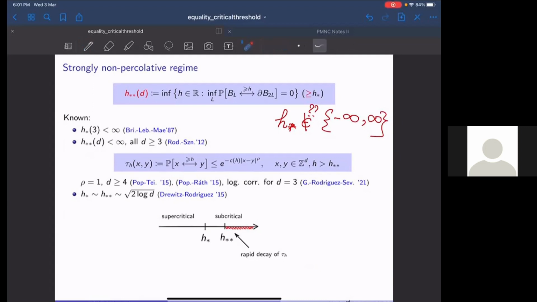Also remember, for Bernoulli percolation, the situation is quite different. For Bernoulli percolation, we remember that p_c is bigger than or equal to 1/(2d). That part was easy, right? The existence of a non-trivial subcritical regime was easy, whereas the supercritical regime is in general difficult. Here, and this is very important, and I'll tell you in a moment why,